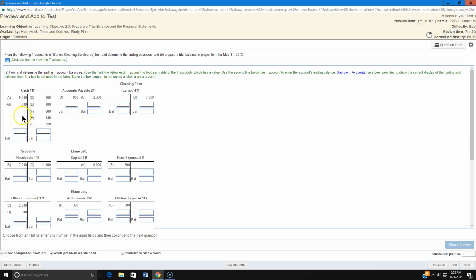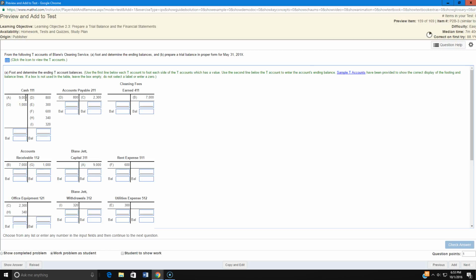Hello, people. I want to reinforce the rules of debit and credit. What we have in front of us is actually a solved problem, except for the account balances. But I thought I would bring it up here to reinforce your recording rules, debit and credit-wise. Whether you're in a journal or whether you're in T accounts, you would have to read a transaction and analyze